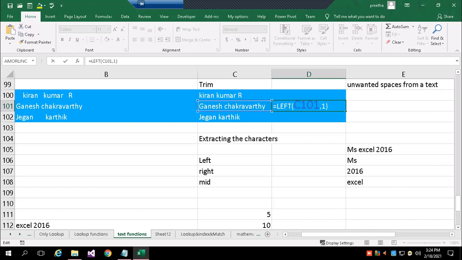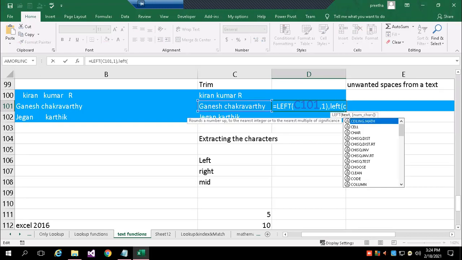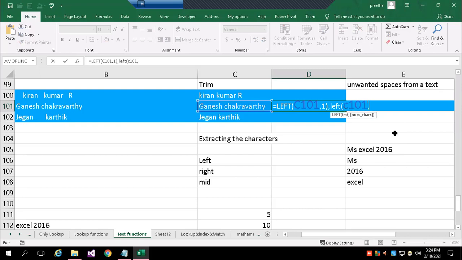Then I'll write LEFT of C101, from where you count the characters, 8th character: 8, 9, 10, 11, 12, 13, 14, 15, 16, 17, 18, 19, till Y it is the 19th character. And now I get an error. It means I have to concatenate it: first the left, then the right.